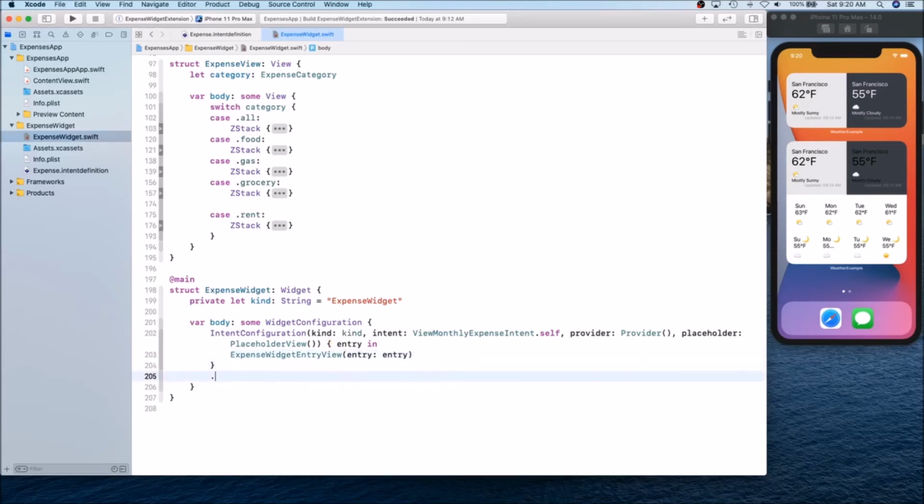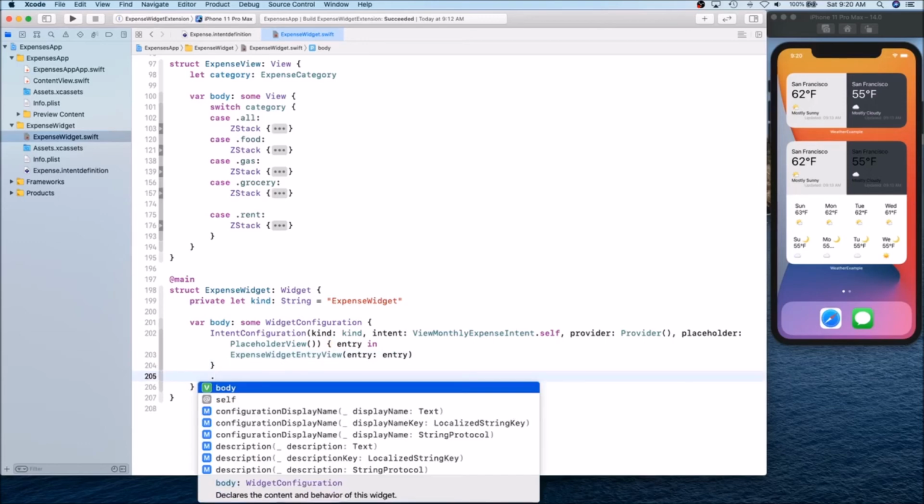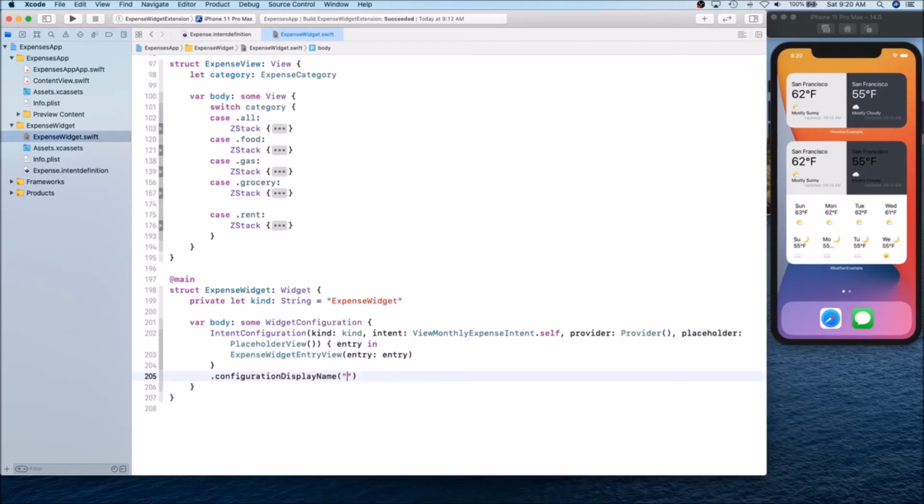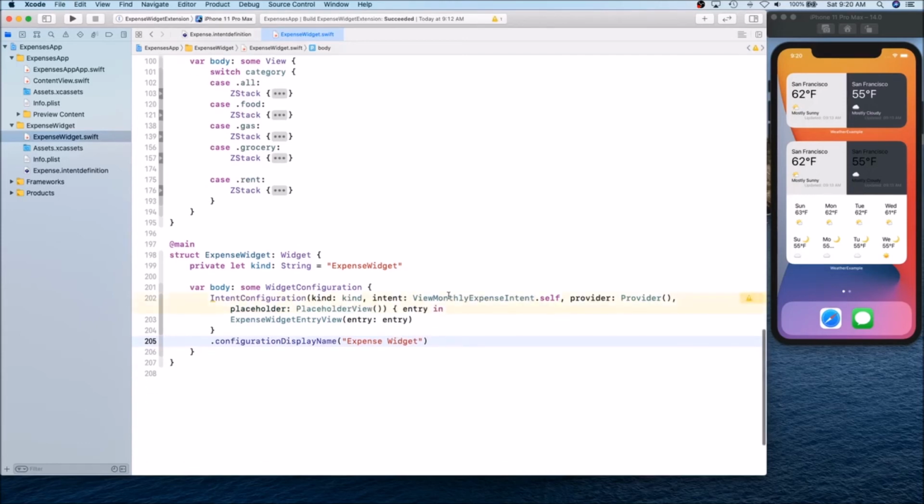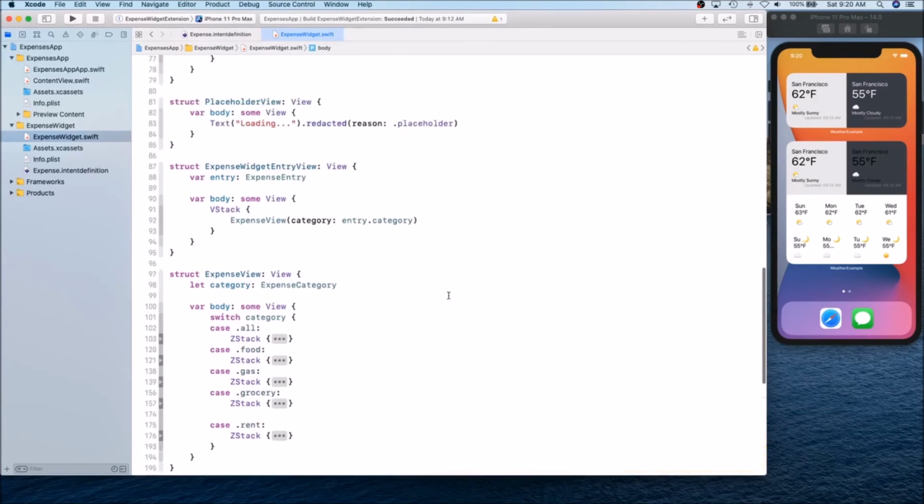Okay, and now we can simply give it a configuration display name, and this is going to be expense widget, and that's it. Okay, with that, let's go ahead and see if